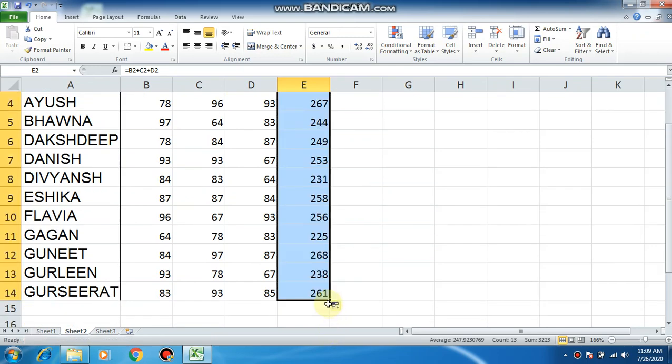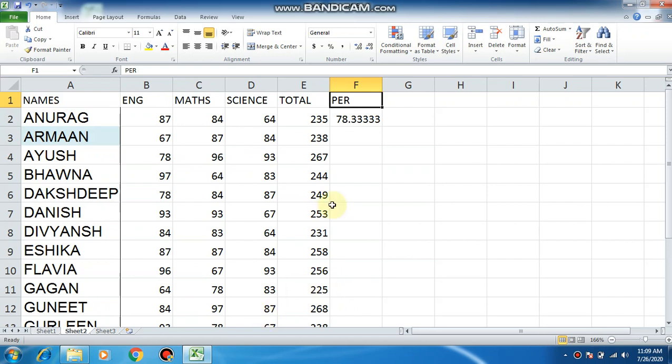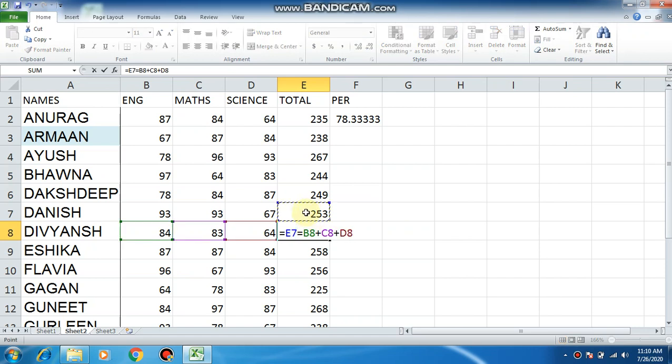Now this is going to give me the total of all, and you can see this, clicking on this cell will display the formula B3 plus C3 plus D3. Similarly, I click on this cell, it's automatically going to change to B4, C4, D4, and here automatically it's going to change to B5, C5, D5, and so on. You can see the formula changing relatively.